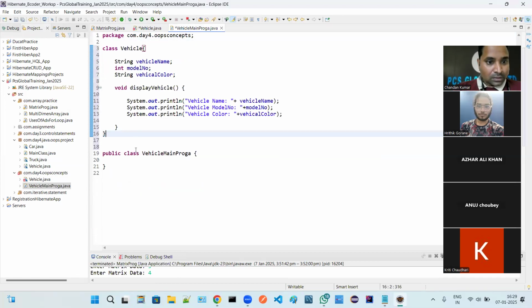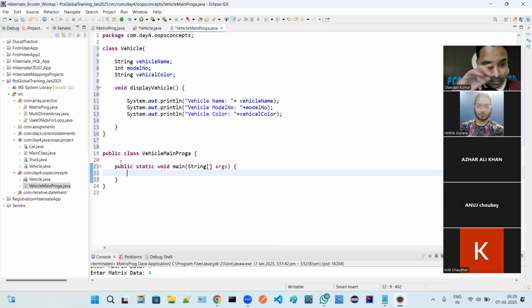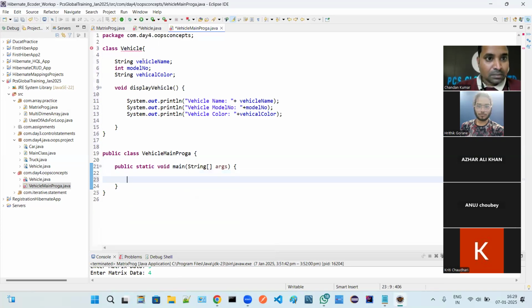And so this is our main class, right? Main class name. So we'll have to write the main method over here. I'm writing this main method. Inside this main method, what I'm going to do,